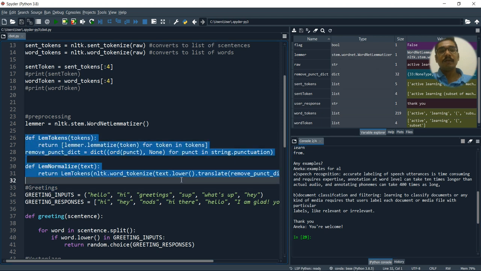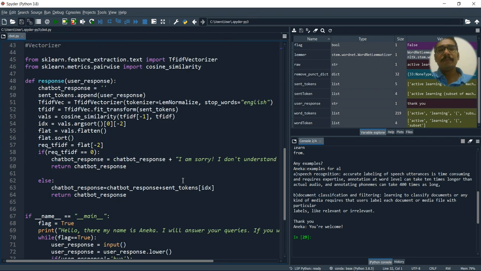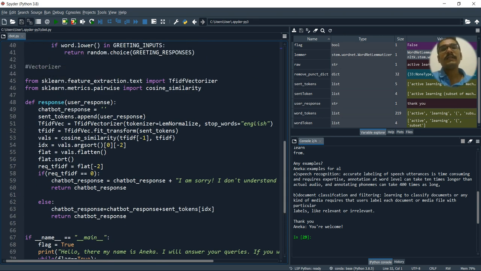These functions remain constant, this is boilerplate for most projects, whenever you do any document classification or spam detection in applications like that. And the main thing, how you want to make your chatbot work, is done by the vectorizer.